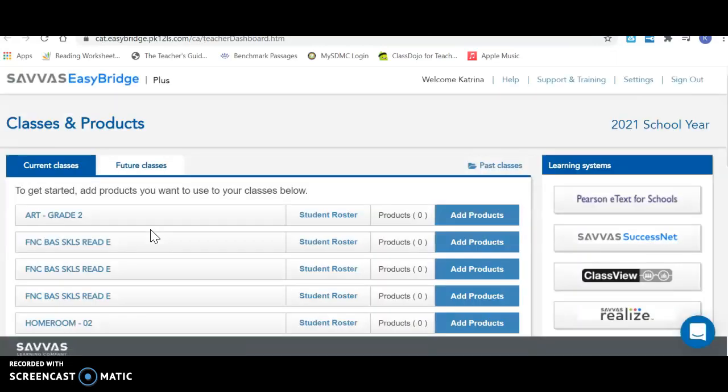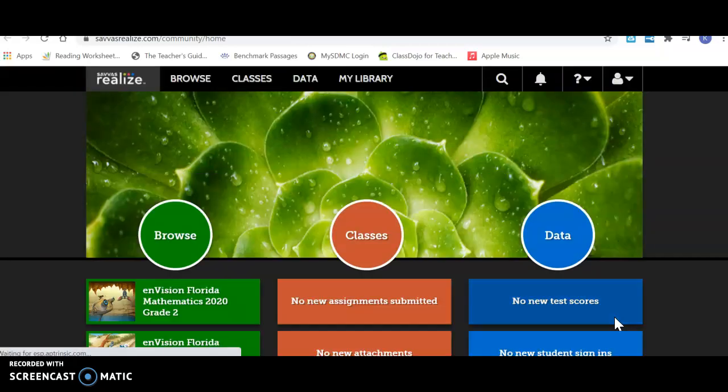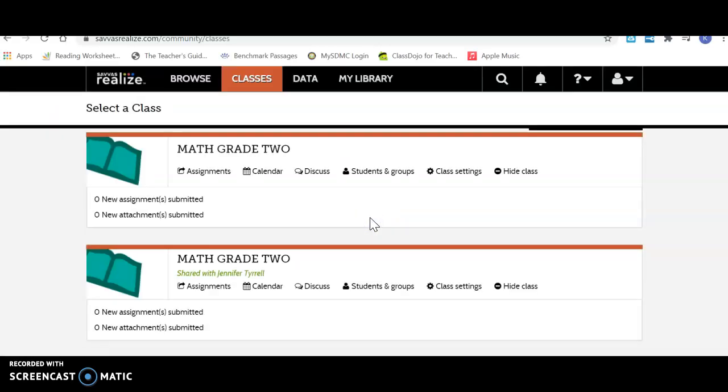It's going to take you to this page right here. And what I want you to find is the SAVVAS Realize tab right over here. You're going to click that. From here, it's going to take you to a page with 3 options. Browse, which is a spot to browse the book, classes and data. This is where you are going to go. You are going to click on that middle red button that says classes, and that's going to take you to